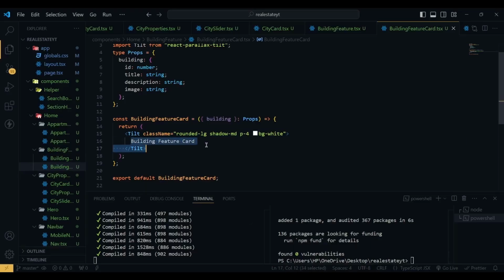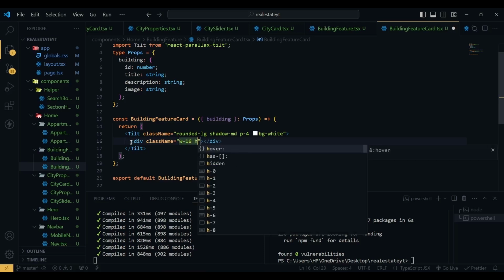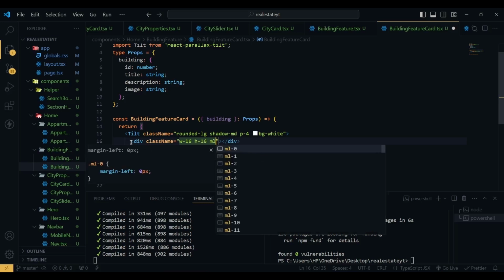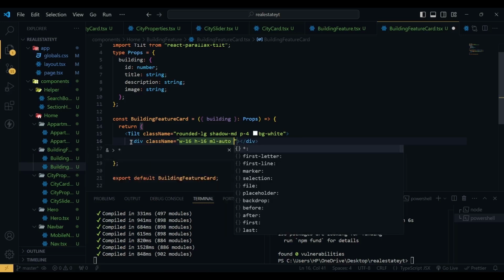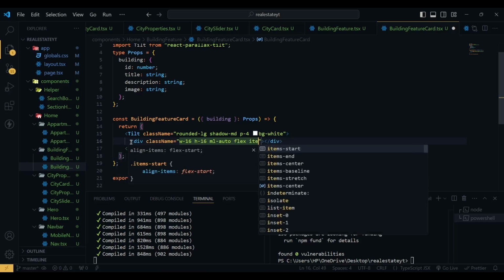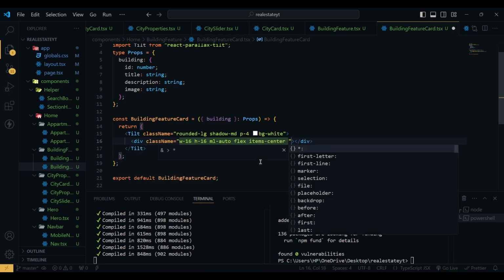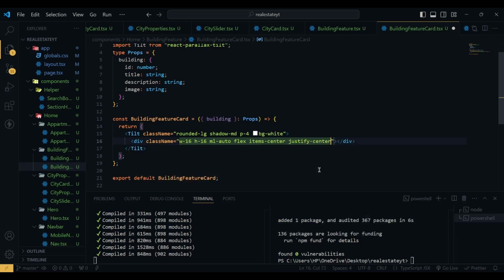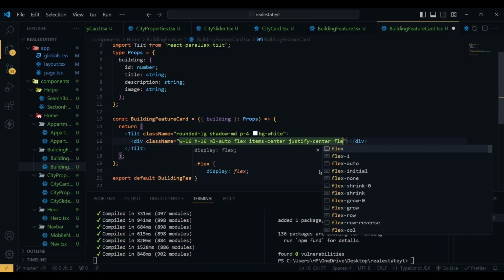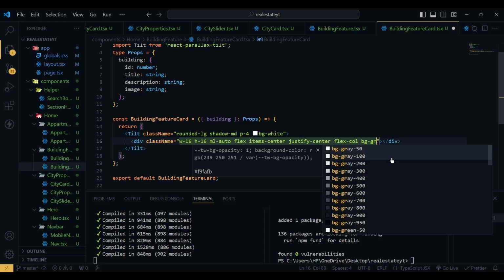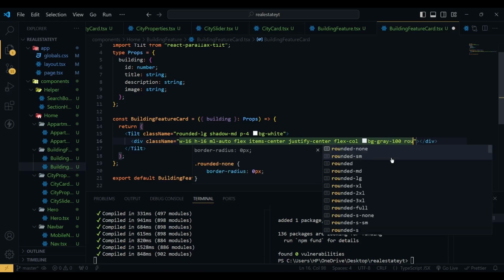So inside this Tilt we have another div with class name of width will be 16, height will be 16, margin left will be auto, it will be flex, items center, justify will be center, flex will be in the column direction, bg will be gray 100, rounded will be full,